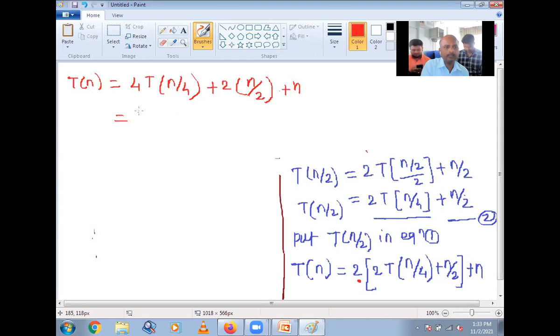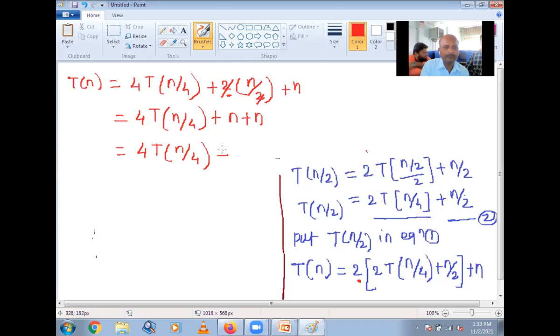So we get 4 T of n by 4 plus, here these two get cancelled, n plus n, so 4 T of n by 4 plus